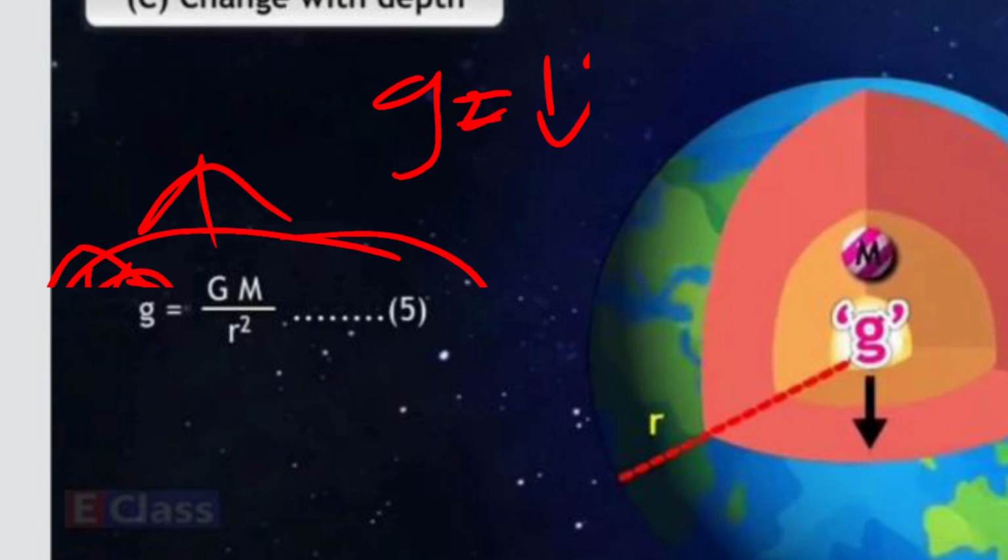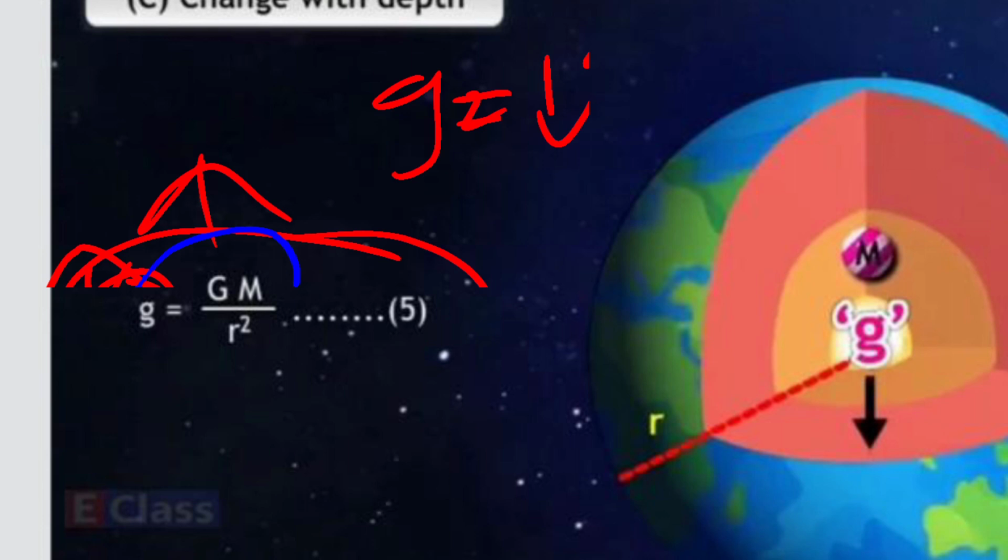But children, remember one thing, what is the part of the earth which is taking part, which contributes towards the gravitational force? This m is the mass of the earth. Now we don't have to consider the whole earth, now we have to consider only this small earth. Then only this part will be considered which is contributing towards the gravitational force. And it is directly proportional, isn't it? So it is inversely proportional to radius, but it is directly proportional to mass.